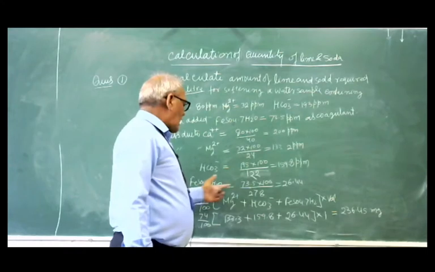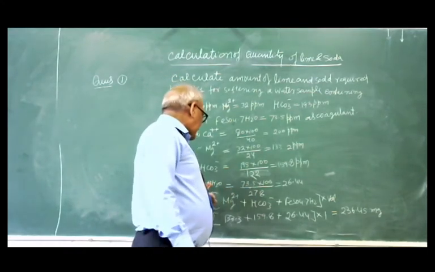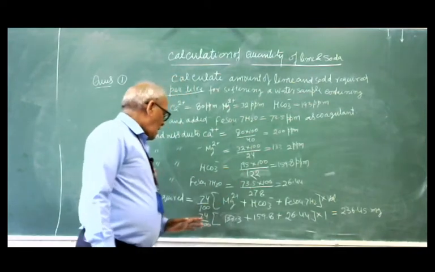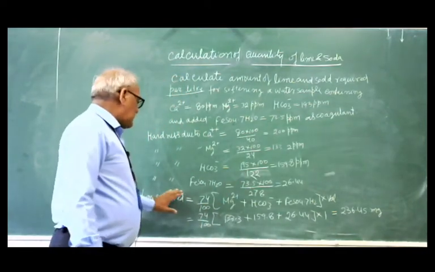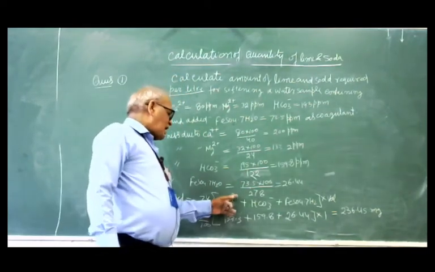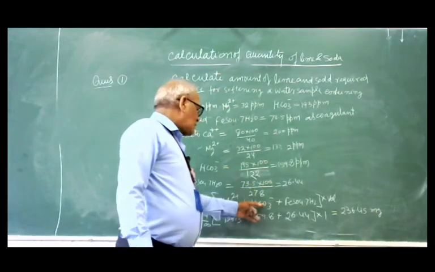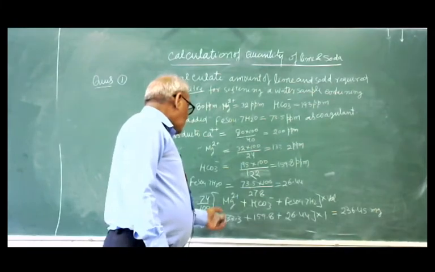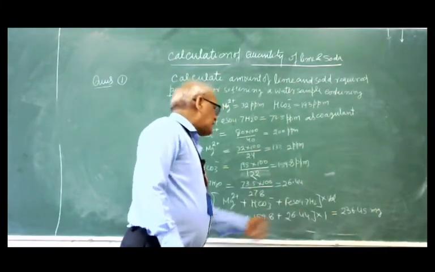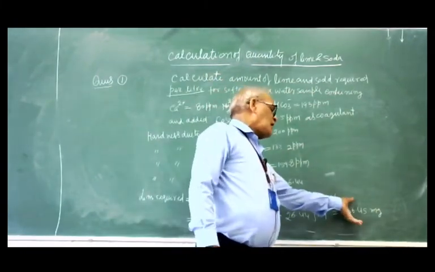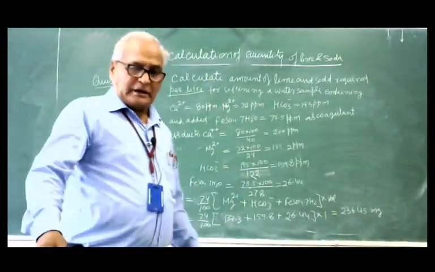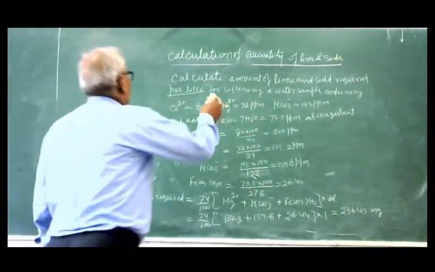And similarly, the hardness created by the ferrous sulfate, you will get this one. Now here, for calculation of lime required, magnesium ion is given, bicarbonate is given, ferrous sulfate is given. So the value of all is given and you will get this much of the lime required. Similarly, you can calculate the soda required.